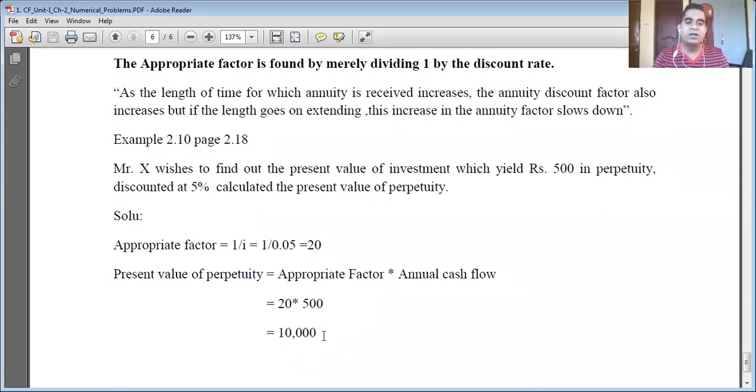Now one small information. I couldn't share the PDF file of additional problems. There are 2 PDF files, which I will share after the class. So for now, I will continue with some additional numerical problems, the PDF of which I will share after the class. Then there is one more PDF file of additional problems, so I will share that also after the class today. So shall I go ahead with solving some additional numerical problems? Yes, sir. Thank you.